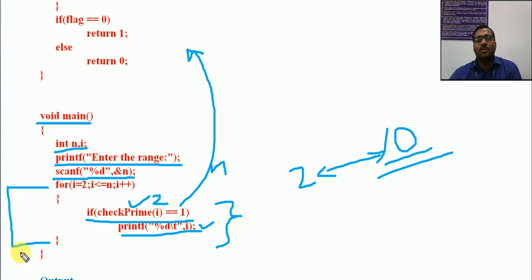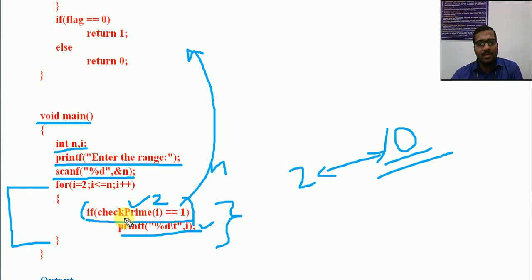So inside the loop with 9 iterations from 2 to 9, check prime will be called 9 times. All the 9 numbers will not be printed because some numbers are not prime, some numbers are prime. Otherwise this is not required like this way. You can simply do check prime of I separately, and some value can be assigned. If that value is equal to 1, printf I. That is also possible, but this is done easily by using a single statement. Don't confuse that it will be given only in this way.